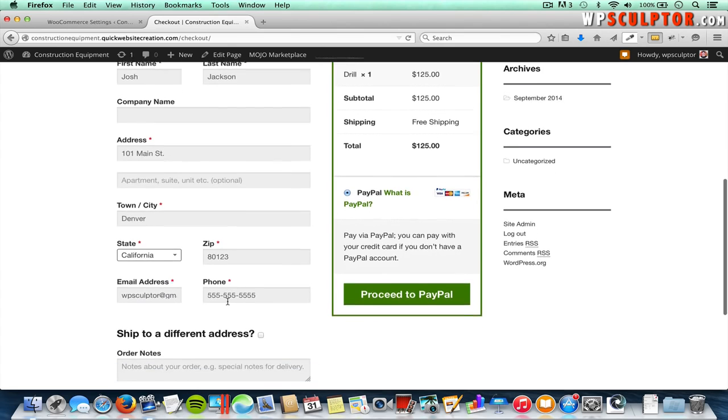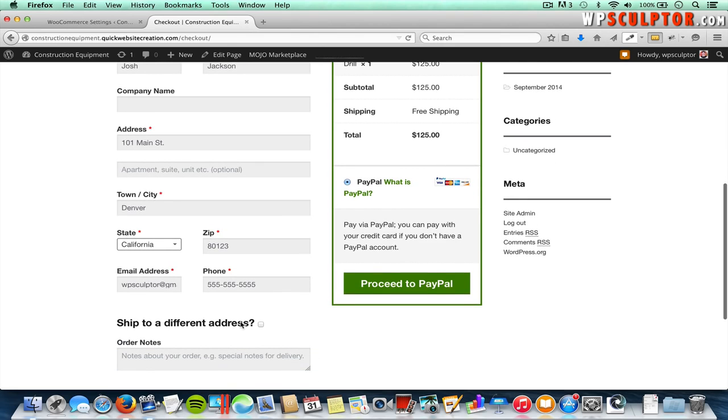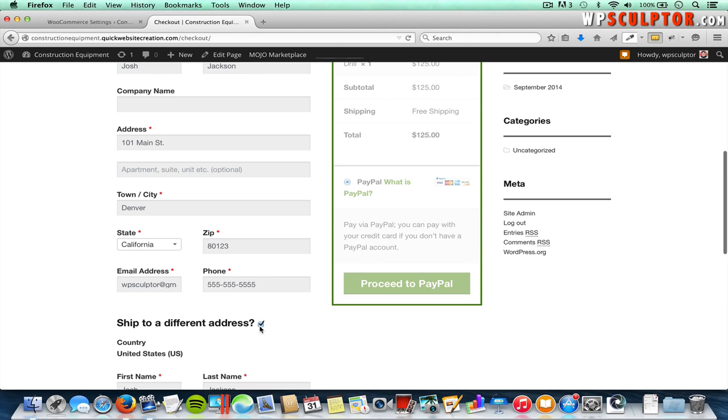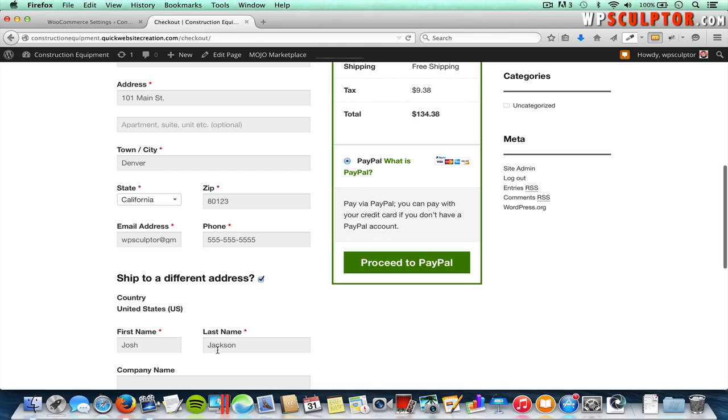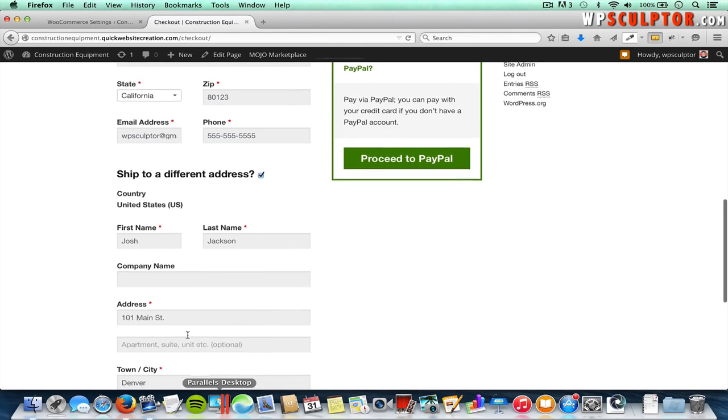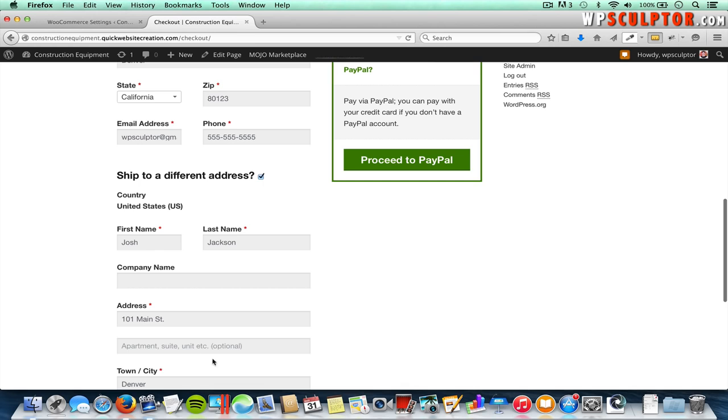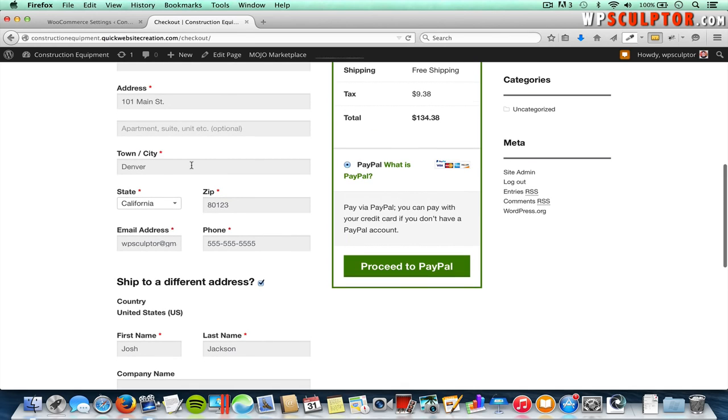And also let's scroll down. If the customer did need to ship to a different address, they would check this box and they would refill out this information. And because we have our tax set up to calculate shipping based on the customer's shipping address, if this information was not a Colorado address and the billing information was, then it would recalibrate the tax options and not apply tax to it. But as soon as we checked this box to ship to a different address, the tax rate